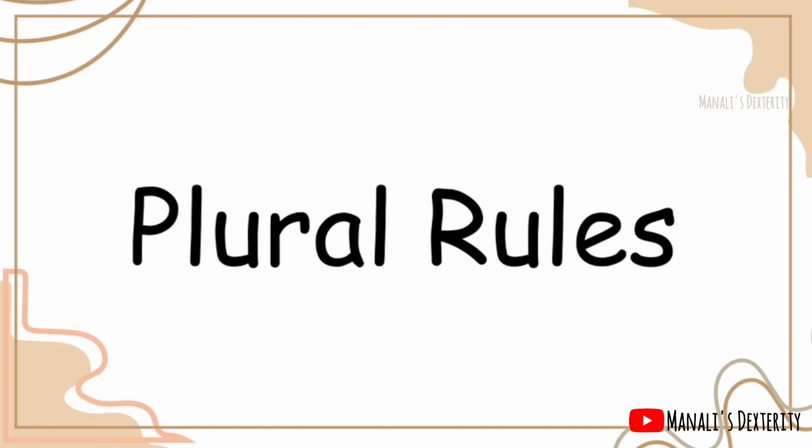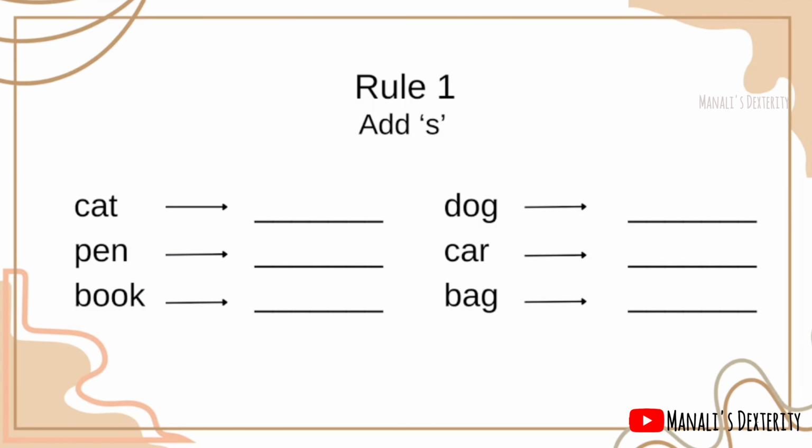What is meant by plural? Plural means more than one. So the first rule is for most of the words we have to just add s to make them plural. Just like in words